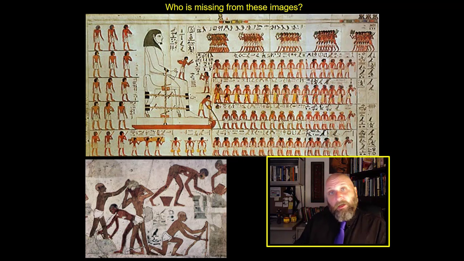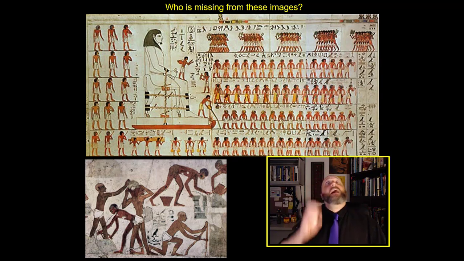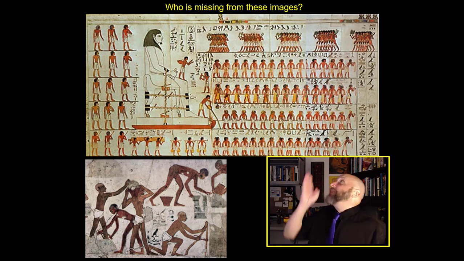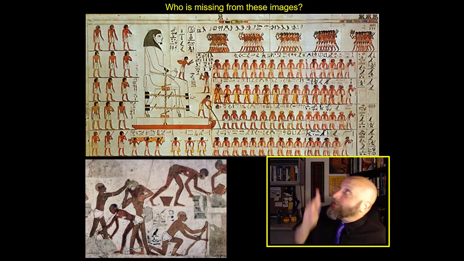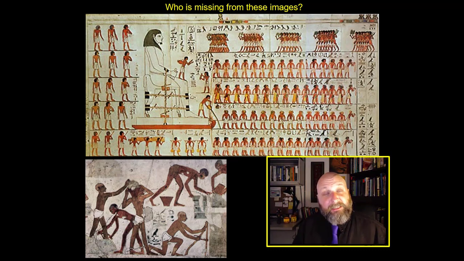And we have artwork from the New Kingdom, from the Middle Kingdom, from the Old Kingdom that shows the construction of palaces, the construction of monuments. Right up above me, there is a group of men hauling a great statue to its new location. You can see there's guys in front and they're pulling. You can see there's guys in the back and they're pushing. You can see that there's actually a guy standing. There he is. You can actually see there's a guy standing in front of the sled that this huge statue is on, and he's probably pouring water or oil in front of the sled so it can slide very easily.